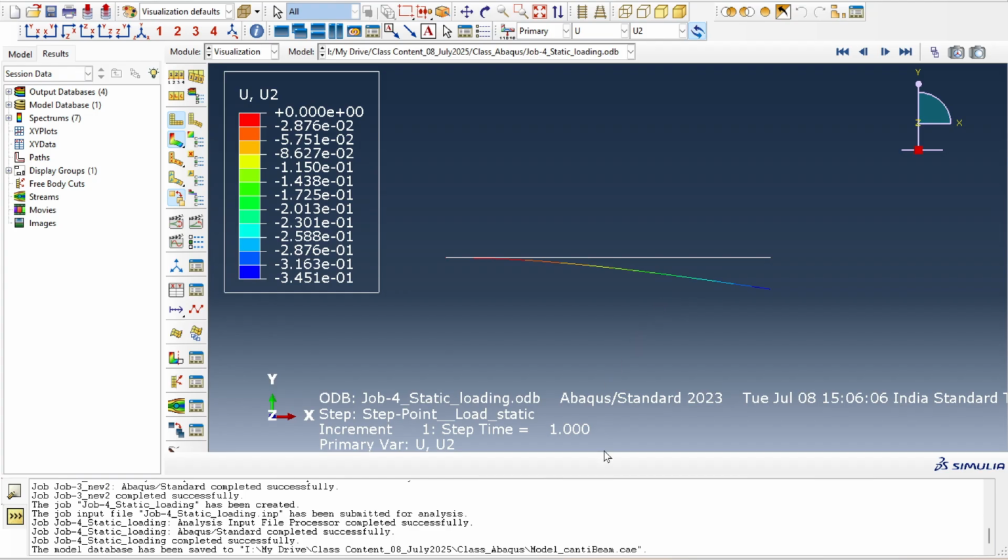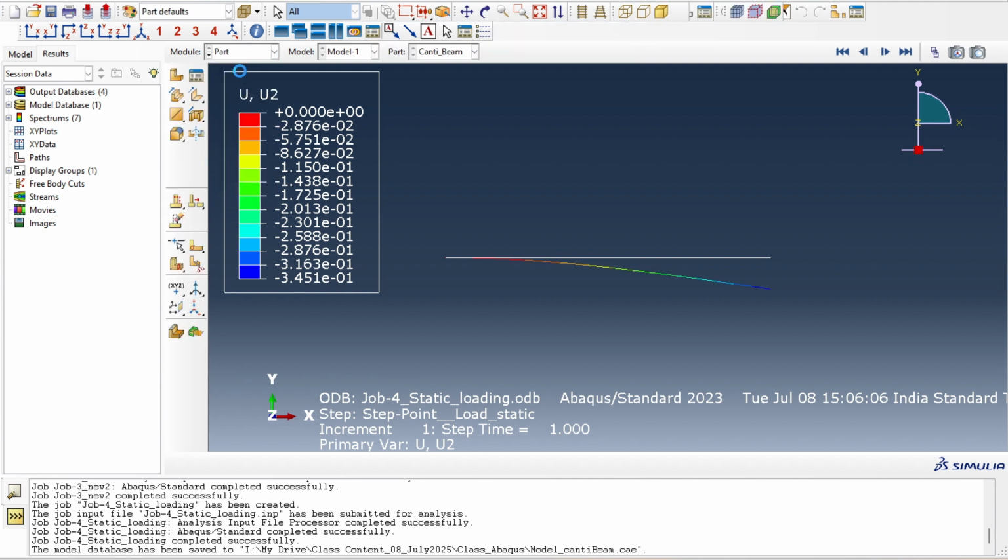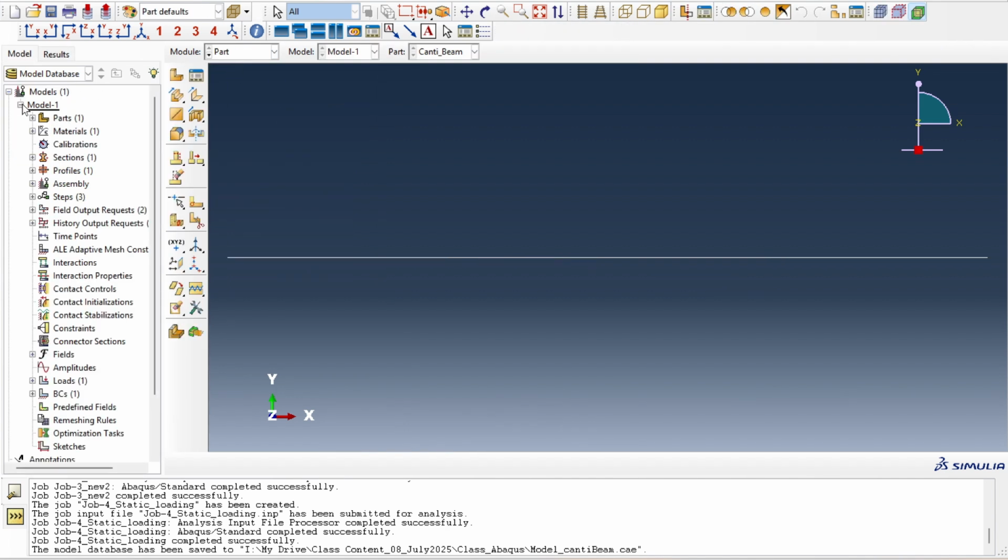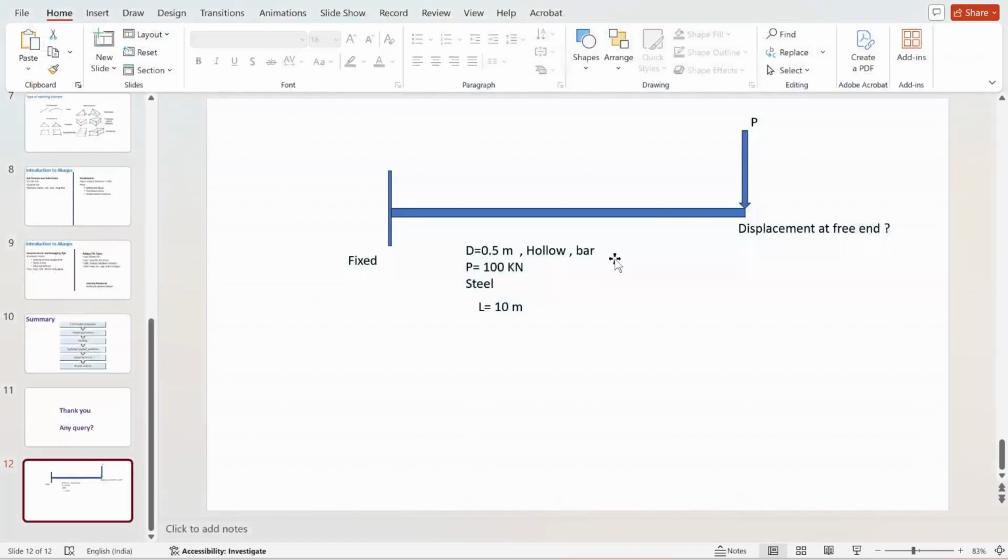Okay. So now I will move to our T joint, that is a little bit complex. Okay, sir. So this is our part. What I will do, I will make one more model. This I will close and